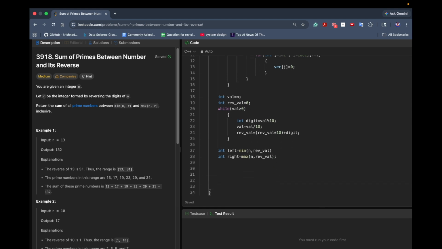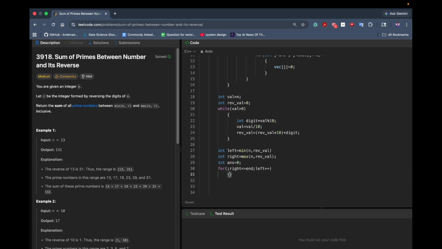Then we have to check it: int answer equals to 0, for int left up to end, and left plus plus,